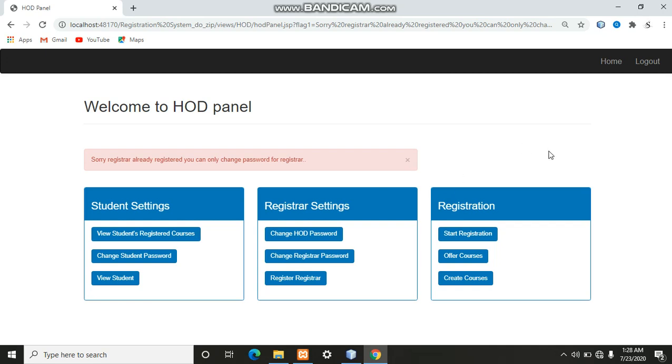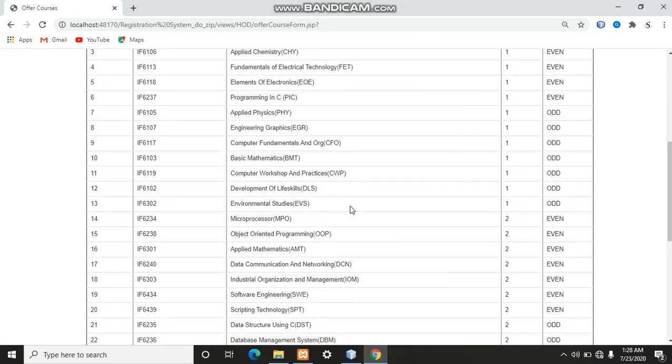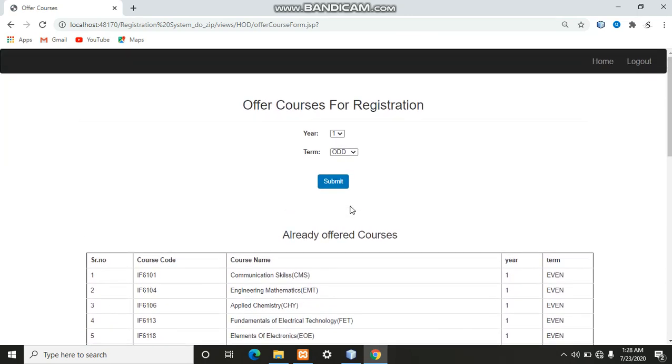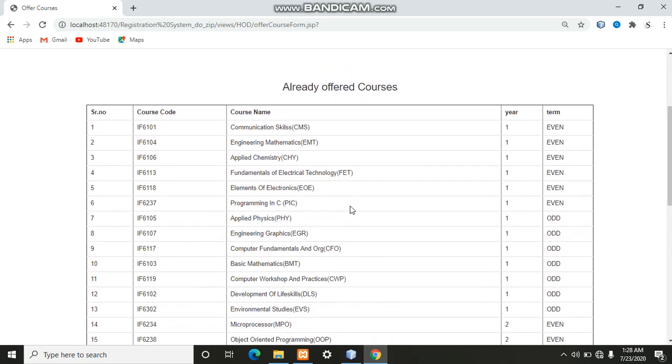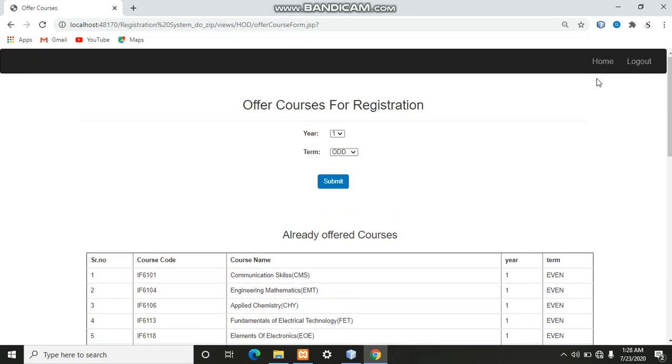Okay, now in registration, the start registration option we have already looked at. After that, offer courses. By clicking the offer courses option, here are the total number of courses which have already been offered. Now we can see here this course, the first course, communication skills, is for first year even term, which is already offered by the HOD of this department.